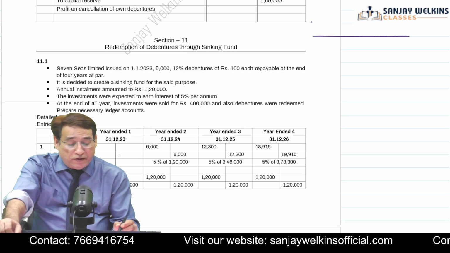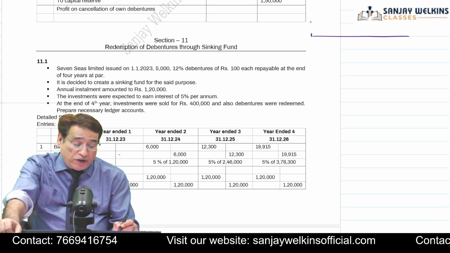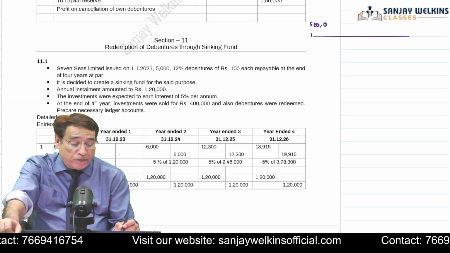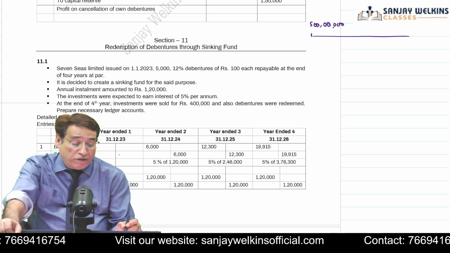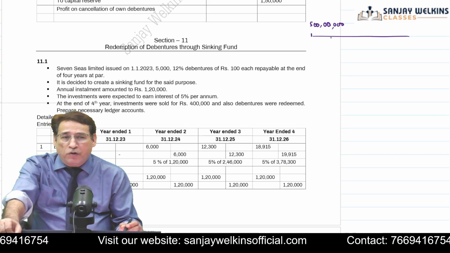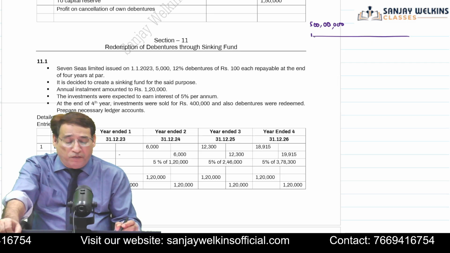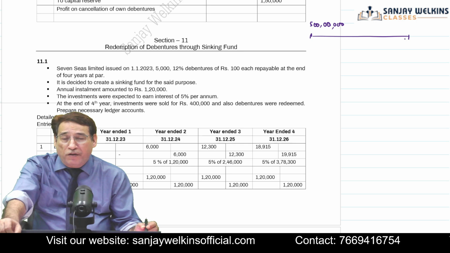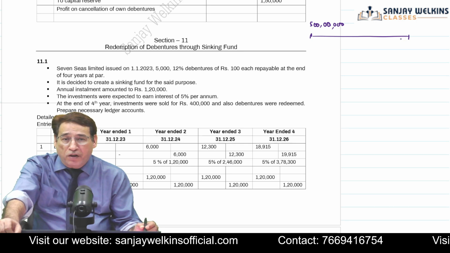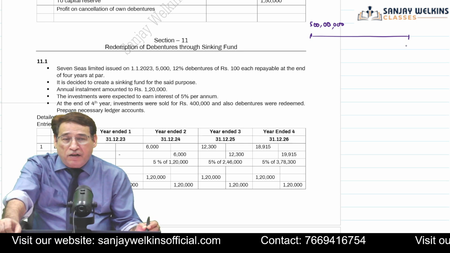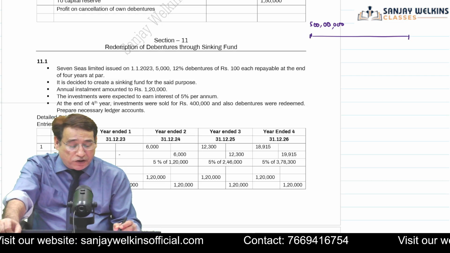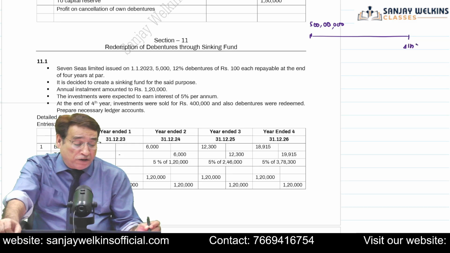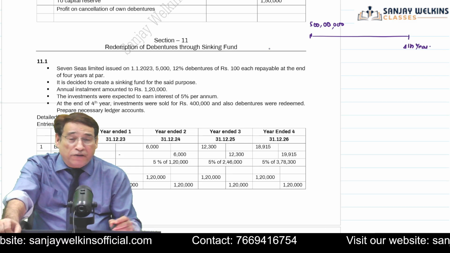We presume there is an entity, and we presume that this entity has issued 500 lakhs worth of debenture. I have already told you so many times that whenever an entity issues debenture, at the time of issue itself, the company needs to clarify after what period of time these debentures are going to be redeemed. So we presume in this particular case that the company had committed at the time of issue that we are going to redeem these debentures at the end of, say, the fourth year.